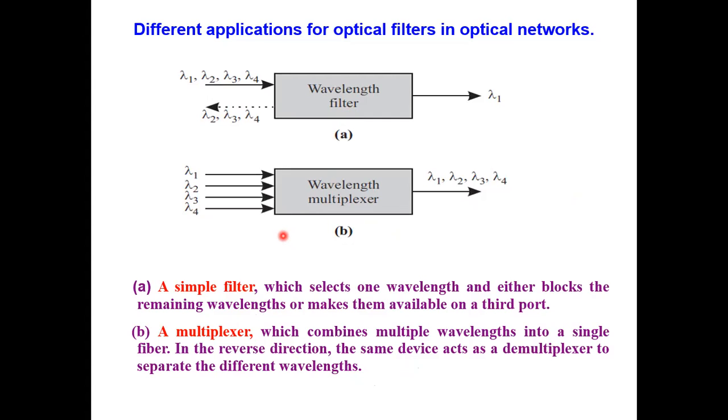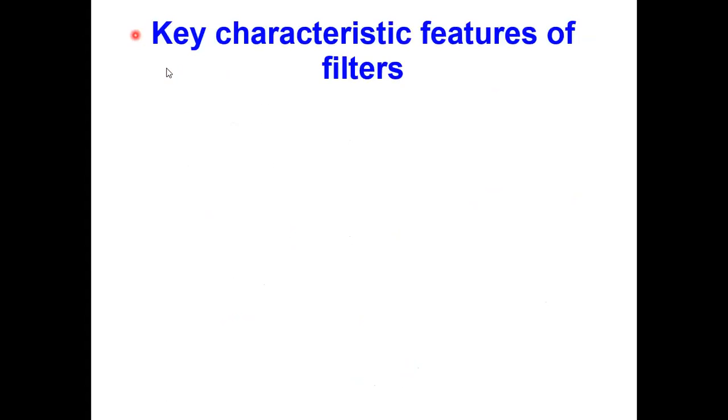Just a simple introduction. Now tell me, this is something I want to ask you. Filters: you know what a filter is, passing only one particular wavelength and rejecting the others. In order to do so, what should be the characteristic of a filter? We are just going to study the characteristics. We are not going to design any filter. So what do you think should be the key characteristic of a filter?